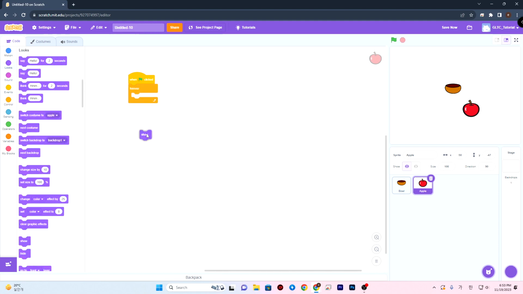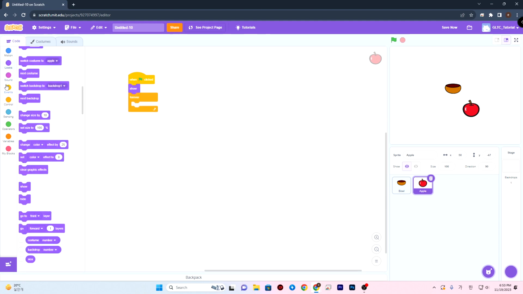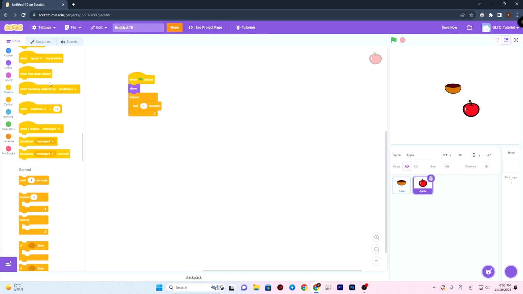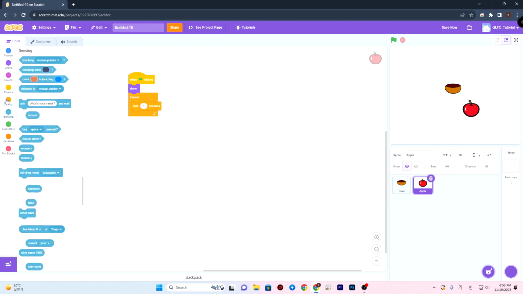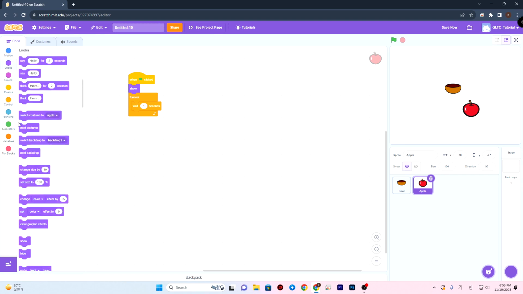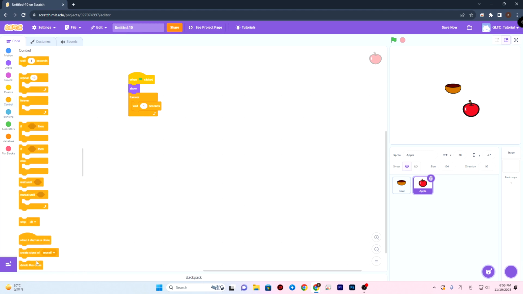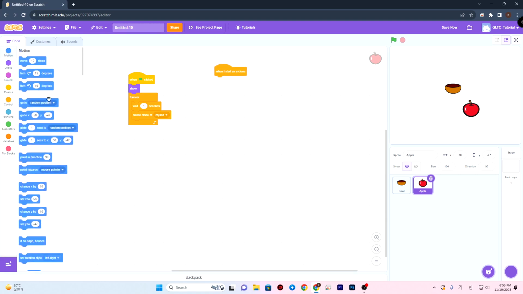First it will be hidden, and then wait 1 second. Wait 1 second, then clone this sprite. And when I start as a clone, go to Y 144,